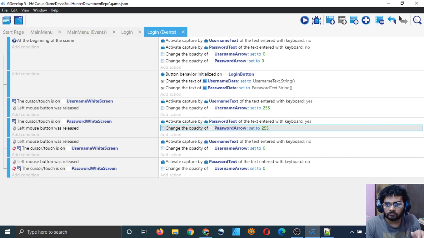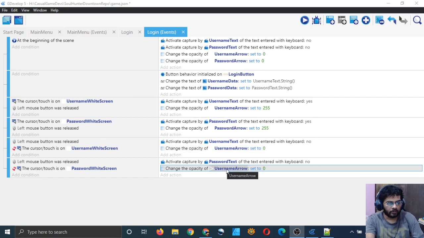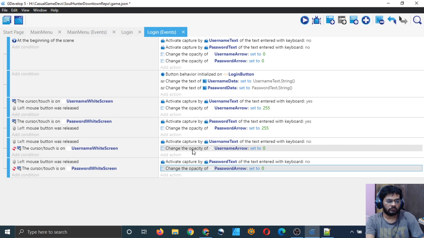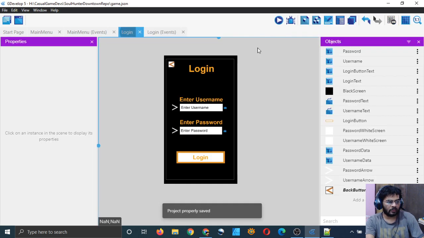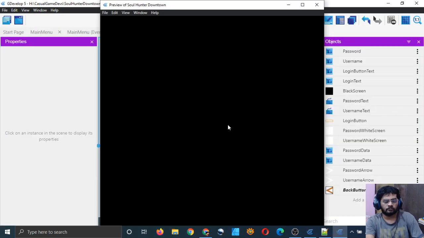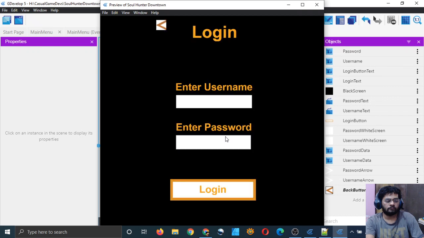So you can see that I have put here username arrow set to 0 opacity. Opacity for username arrow is set to 0 here, while I should have typed opacity of password arrow set to 0. Change the opacity of password arrow set to 0. And that's looking good. Let's test it again. Yeah, now it's working.